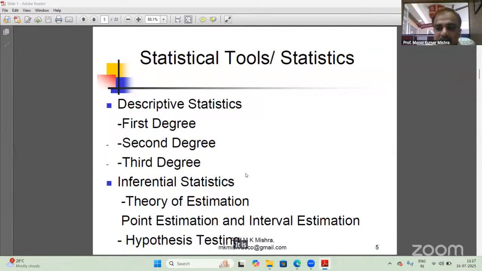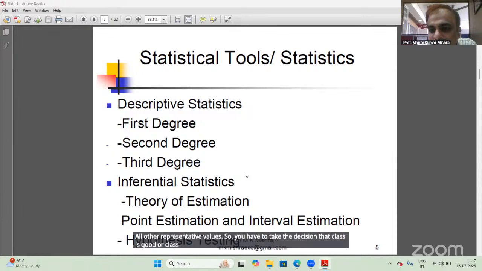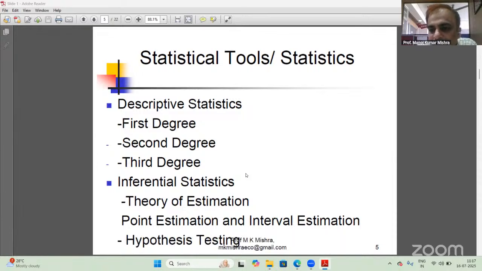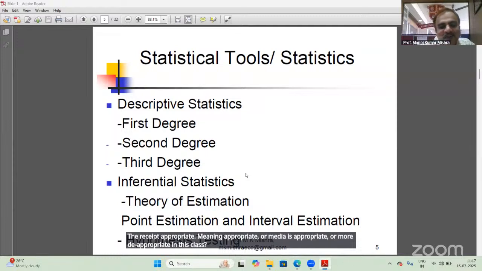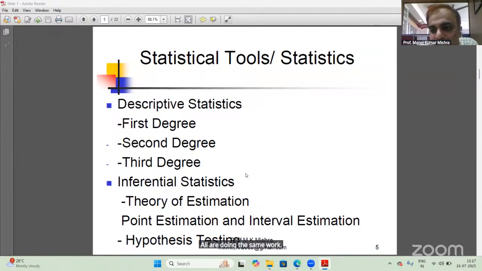Is it good or bad? Who will tell me? Mean, median, mode, all are central values. All are representative values. So you have to decide whether the class is good or not. Which is appropriate, mean, median or mode, in this class? All are doing the same work. Mean, median, mode, all are measuring the